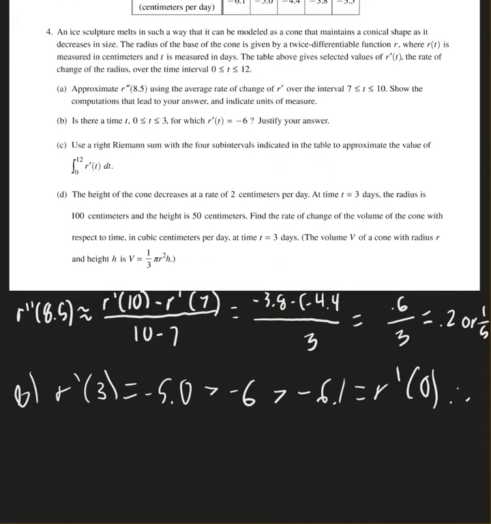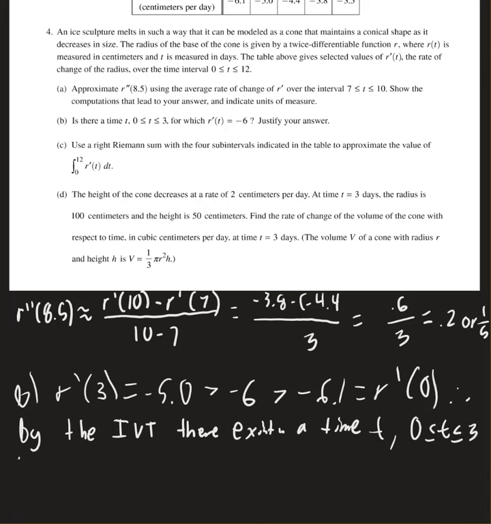Therefore, by the IVT, there exists a time t, 0 less than or equal to t is less than or equal to 3, such that r prime of t equals negative 6.0. For part C, we need to do a right-hand Riemann sum with the 4 subintervals indicated in